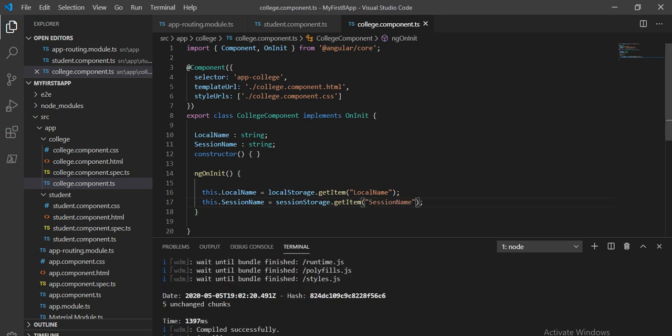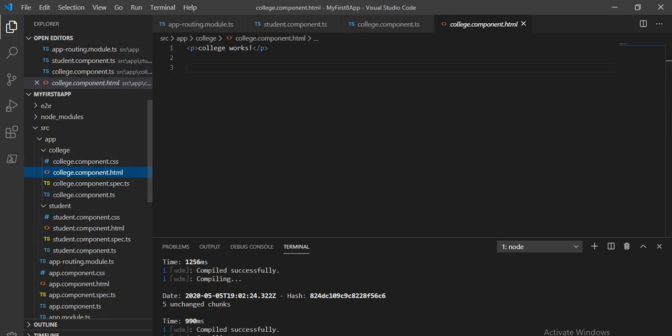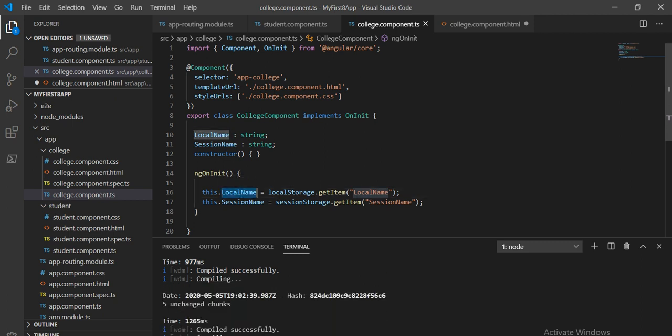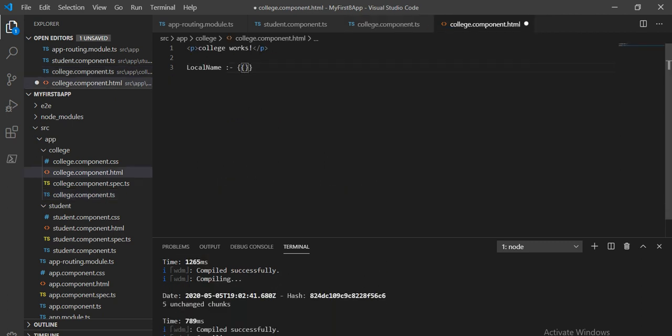And now the variables we have taken here, I'm going to print these values on the college page. So I will take local name, I will write this local name here, and for the new line session name.